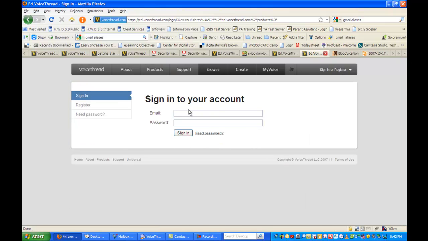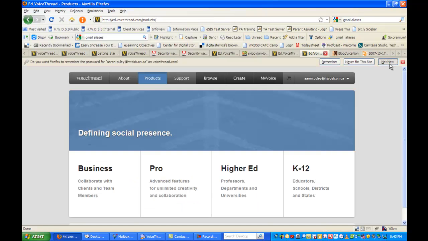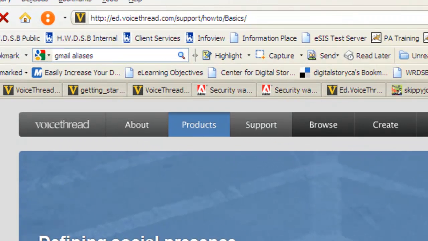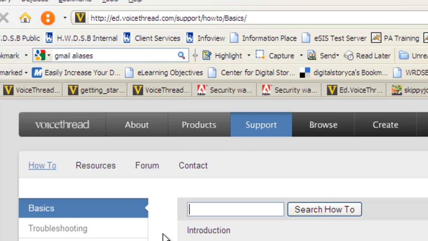identity feature within the VoiceThread platform itself. So I'm going to log myself back in here to VoiceThread. And what we can do from this point on, when you first log in, you will see the overall homepage of your ed.voicethread.com. Just to show you too, if you want a little bit more support, just click the support tab, and